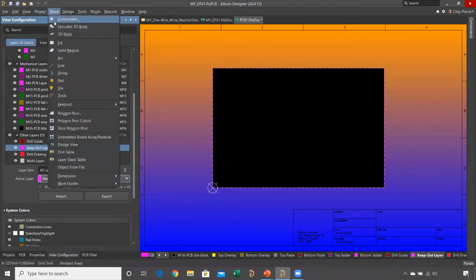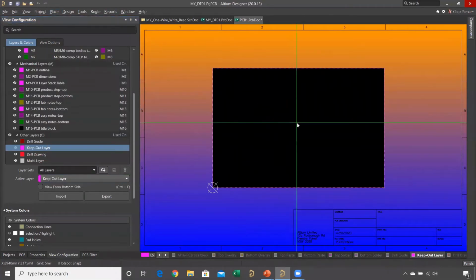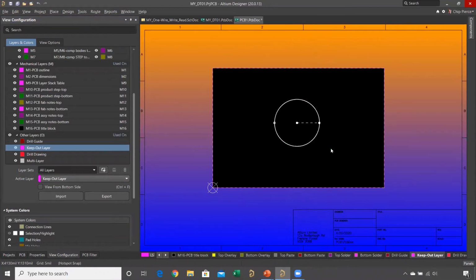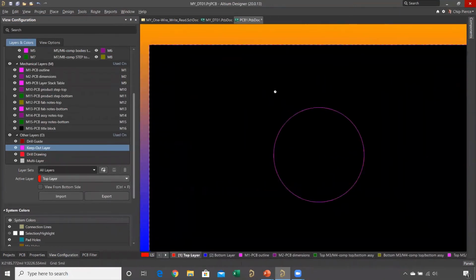Watch this. So if I go place, arc, full circle, and I just draw a full circle on that keep out layer, down here, let's just say, for example, and click to commit that radius right there. You see that? Now if I go back up to the top layer, I'm just going to click and hold that arrow and select the top layer. And now, for example, if I just wanted to route,